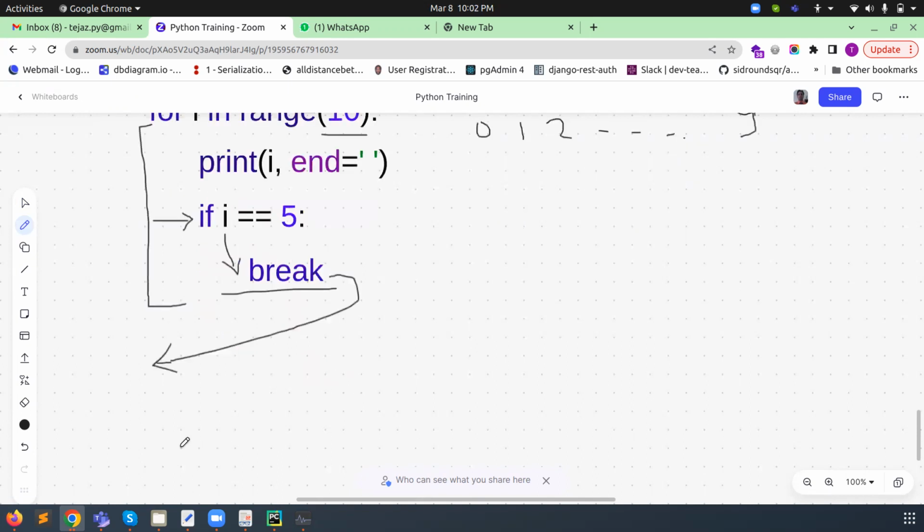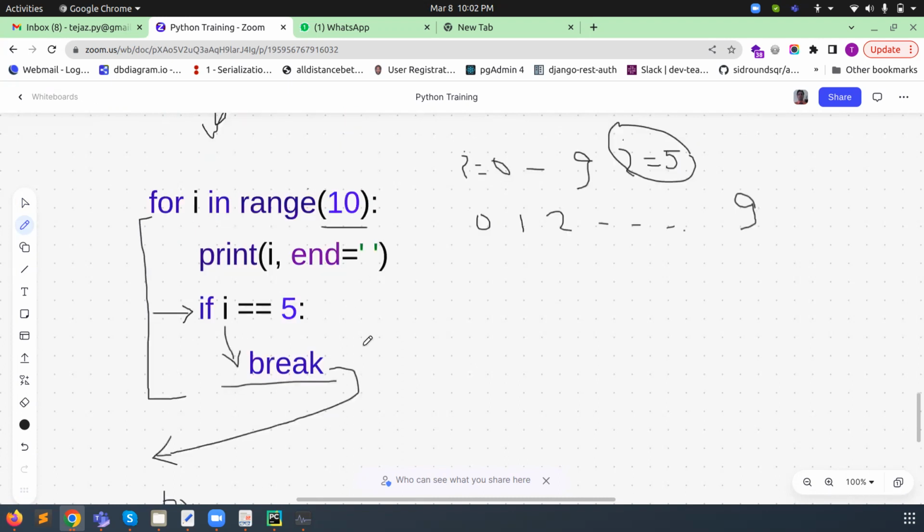Whatever we have given outside of the body, the control comes there directly. It will not go to the other places and will not check them. This never happens. When the condition is true, the Python interpreter sends the control outside of the body of the current loop. In whichever loop the break is found, it will go outside of that loop. So we can use break also in a nested loop, and the same thing happens: it comes outside of the current loop.